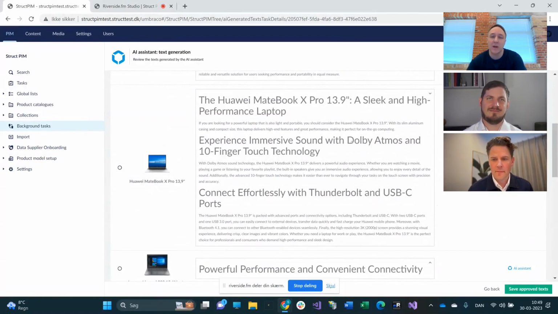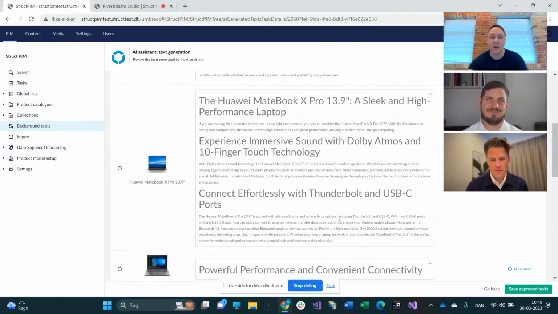It would then know that I've already created this product text here, and you can start from that and say, okay, I want you to focus more on the connectivity of this laptop, just like I did before when we created the text for the MacBook. So I have the ability here again to iterate with the assistant to create just the product text I want to have in here. But here we're just doing it in the context of multiple products at a time.